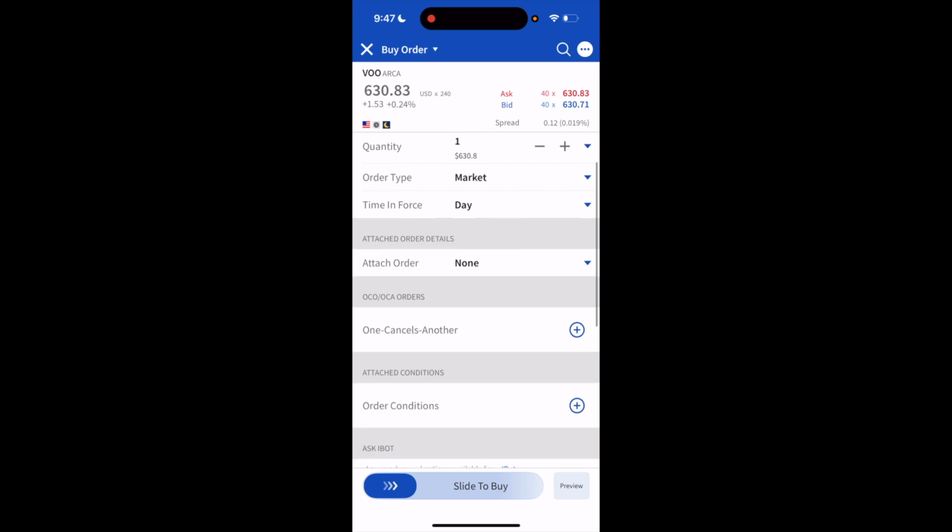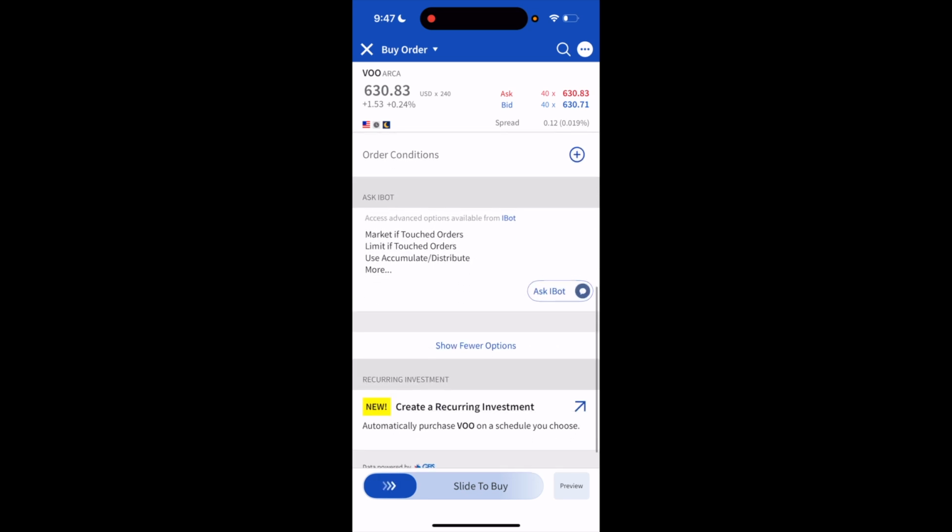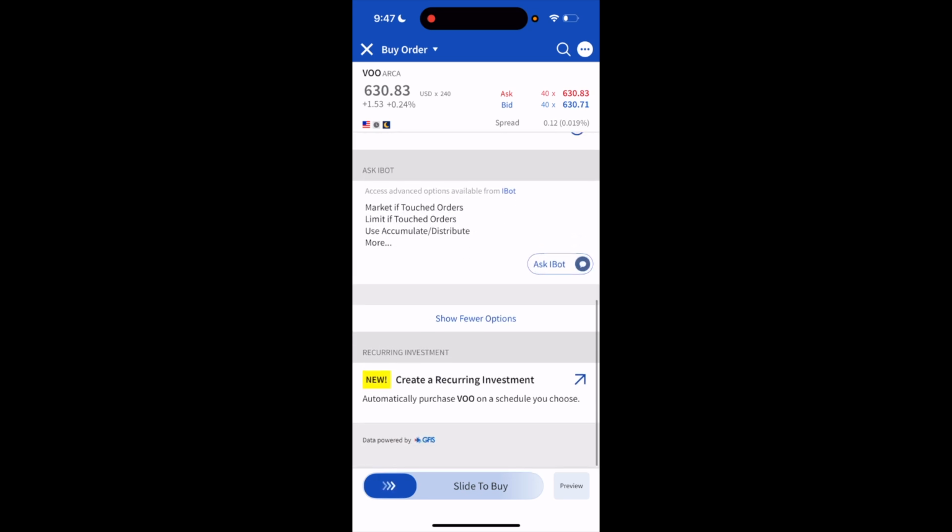And you can keep scrolling down, change whatever you have to change, and if all looks good and you want to proceed, use this bar on the bottom, slide to buy to proceed with the transaction. So pretty straightforward, pretty simple. That is how to buy an